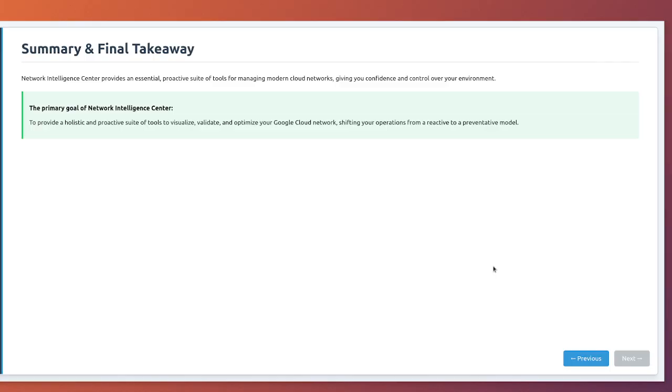By leveraging this powerful suite, you empower your teams to move beyond simply building a network. You give them the ability to comprehensively understand, manage, and secure that network throughout its entire lifecycle. This proactive approach is absolutely essential for running reliable, performant, and secure applications at scale on Google Cloud. Ultimately, Network Intelligence Center is about providing confidence and control. It is a suite of proactive tools that helps you build better cloud solutions by preventing network issues before they